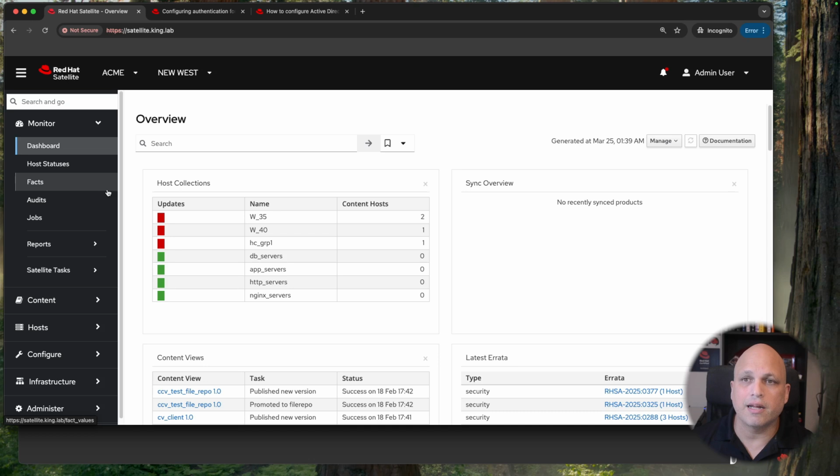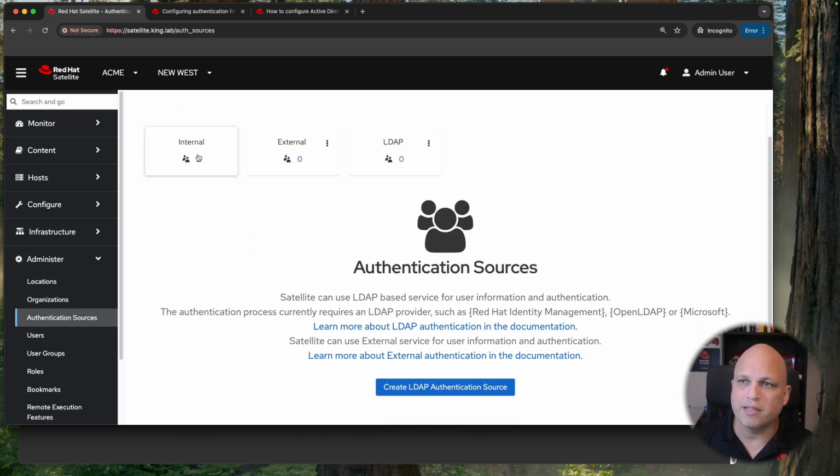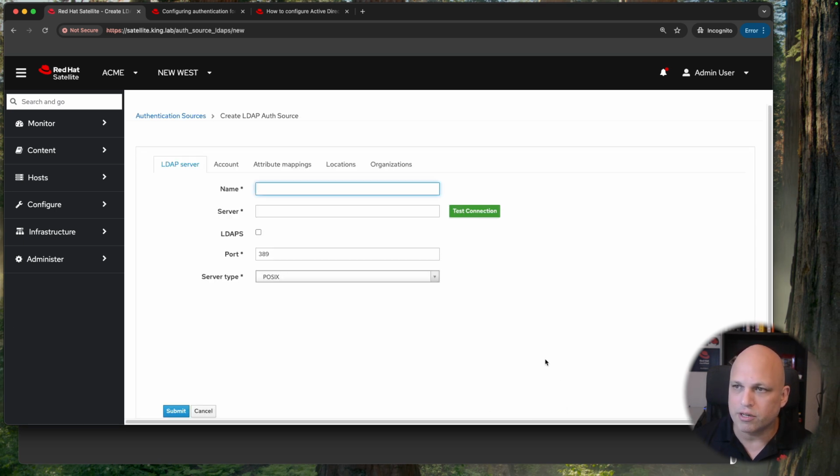We are here on the Satellite web UI. So let's click on the left menu, Administer, Authentication Sources. And from here, you can see something like this. We have internal, external, LDAP. We are looking for LDAP. There is no configuration for LDAP at this moment. Let's just click on this button, Create LDAP authentication source,